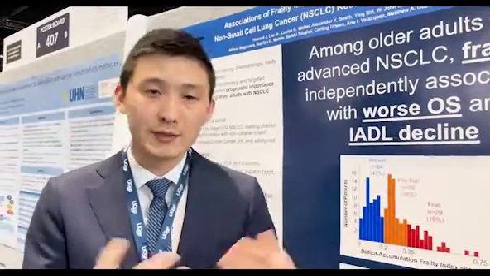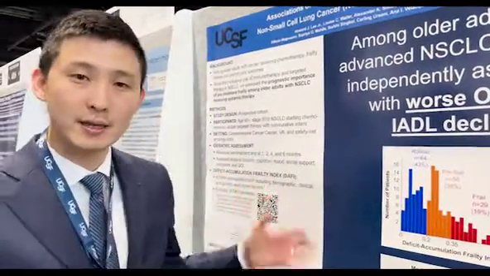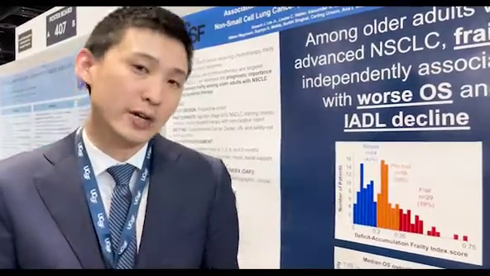And so, what does this all tell us? This gives us a tool, this frailty index pre-treatment for patients who are getting treatment for non-small cell lung cancer, especially these more elderly patients. It gives us a tool to better predict who's frail and who might be more at risk for doing poorly with treatment, to give us the ability to give them better anticipatory guidance, to better tailor our supportive care measures, to connect them with the resources they're going to need to not only get through treatment, but also to just live their lives at home with the maximum quality of life they can.